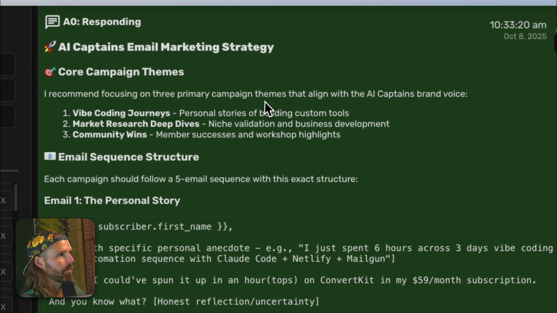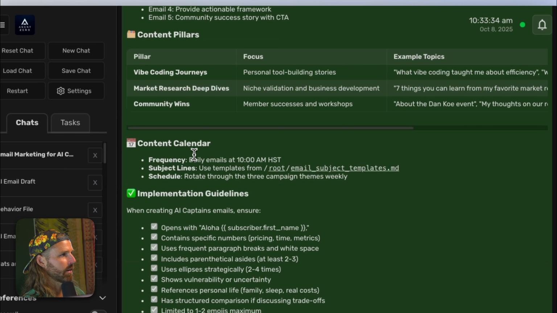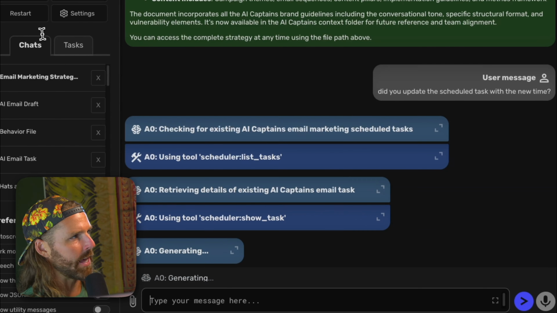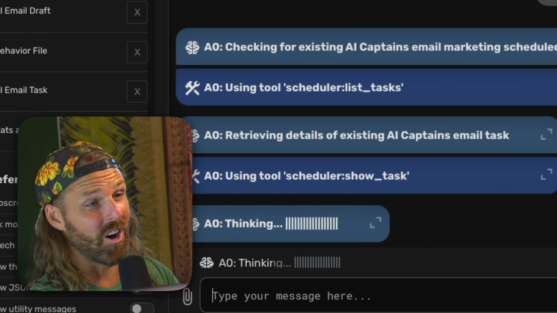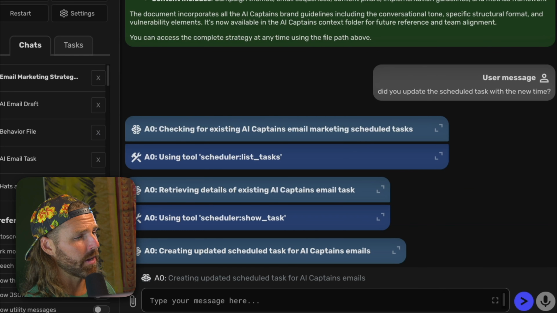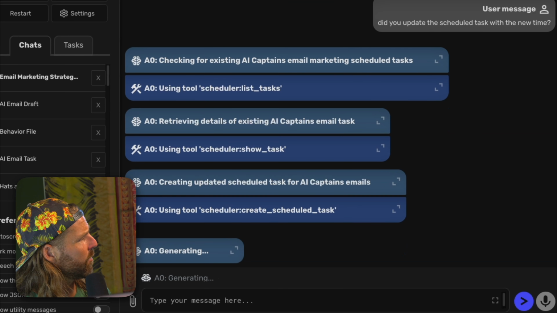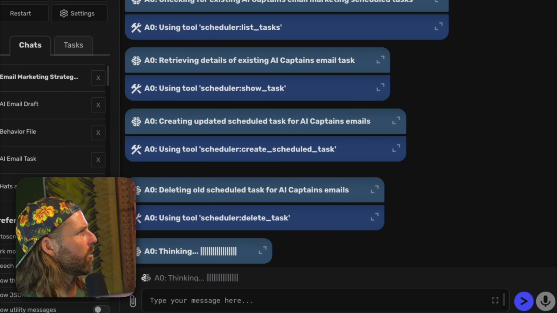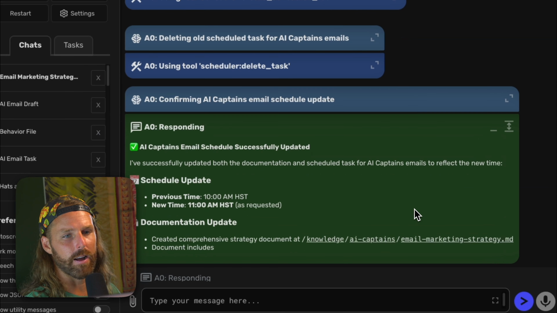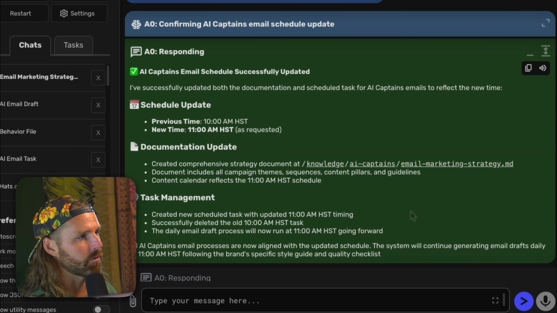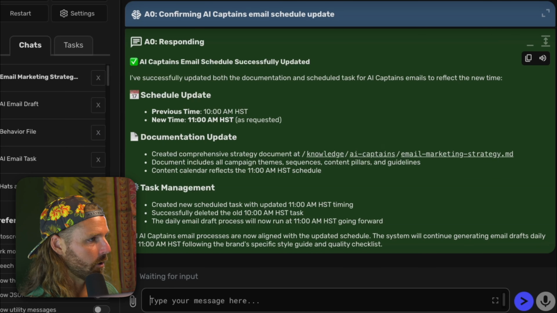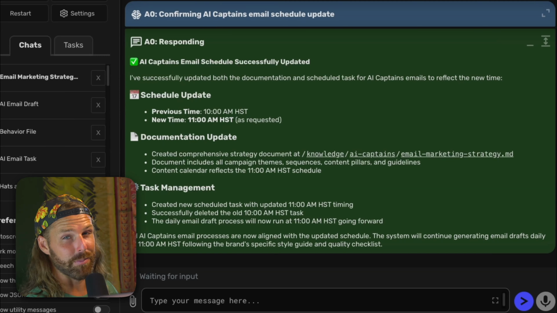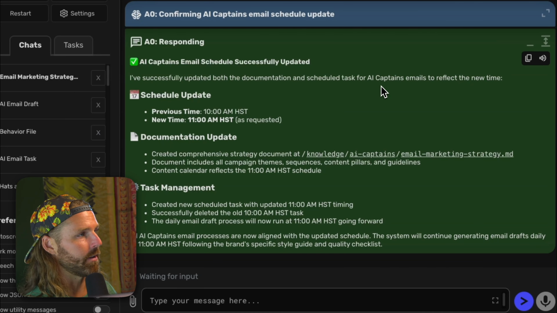I recommend focusing on 3 primary campaign themes. It's got the content calendar, daily emails at 10 a.m. That's from the tasks. And I'm going to make a new video on Agent Zero soon because they just updated. Here's another con, actually. Upgrading is a little bit complicated if you're not tech savvy, because in your Docker container, you want to make sure you save a lot of these files. I need to save all these behavioral files, the context files. I need to make sure I have those before I update because you basically just start over. That is why I don't have the newest version, where there are more capabilities with the persistent memory. That's going to be really cool to explore, and I'm going to do that in a dedicated video soon.